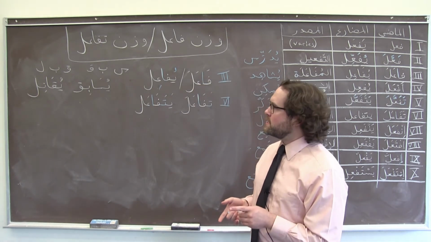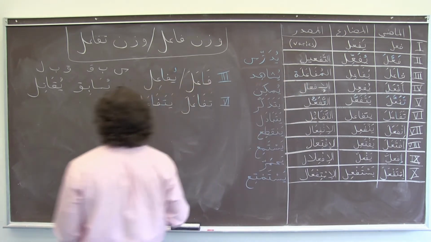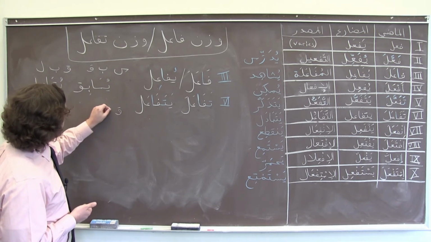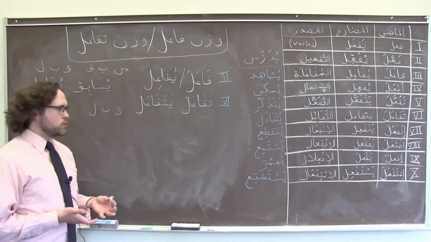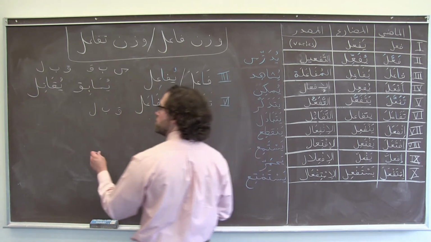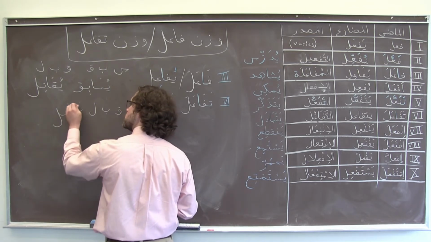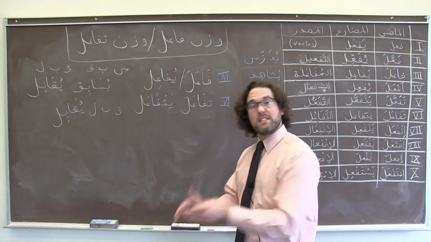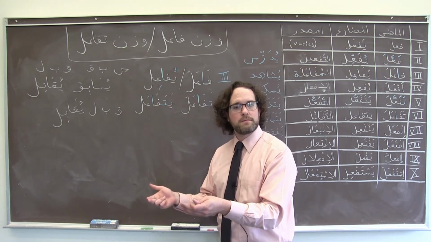Another meaning of form 3 can just mean doing something with someone else. So we have the judr qaf, ba, lam, which in form 1 might mean to receive someone, like receiving someone in your house. And we can turn that into a form 3 verb. Yuqabil, which means more specifically to meet someone, to meet up someone in a public place.